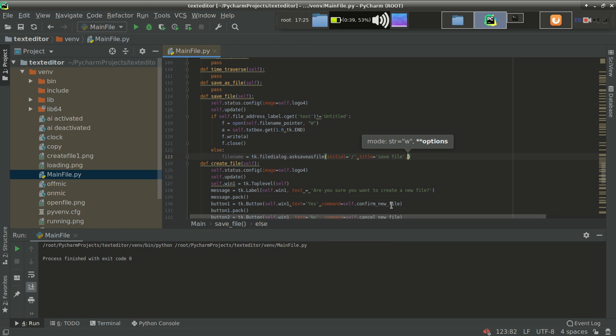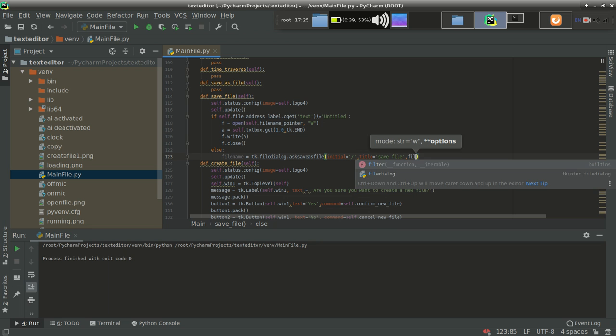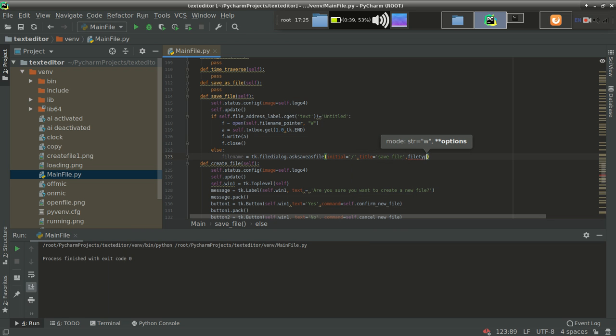So title equal to self dot text, and file types should be txt files, and the extension which a txt file carries is .txt, as you know.